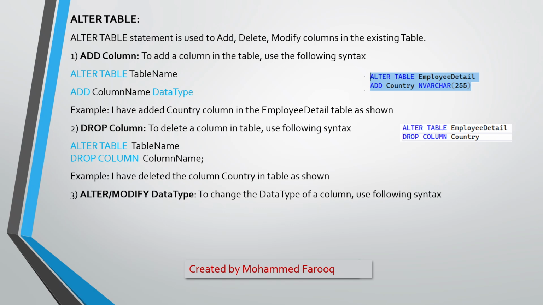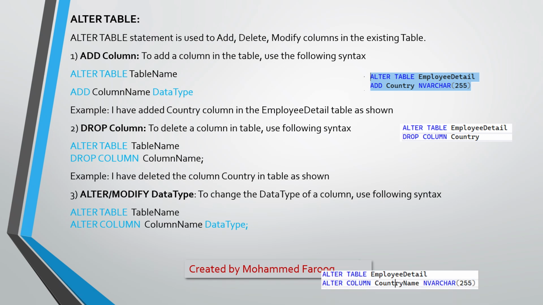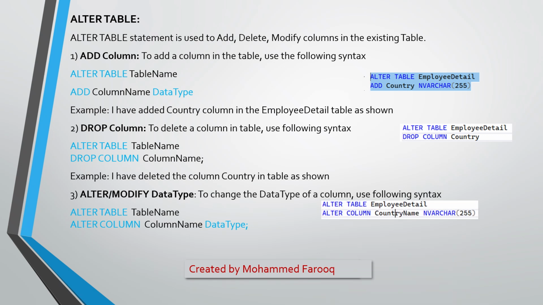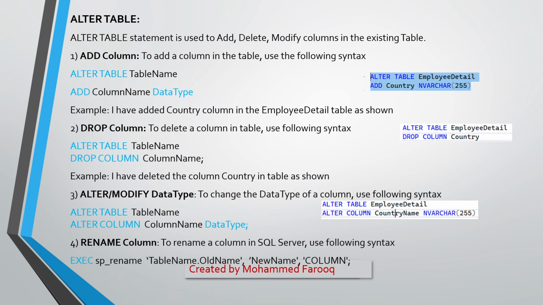Alter, modify data type. To change the data type of a column, use the following syntax: ALTER TABLE table name ALTER COLUMN column name data type. So this will change the data type of the country name column. Rename column. To rename a column in SQL Server, use the following syntax: sp_rename table, old name, new name, column. Example: